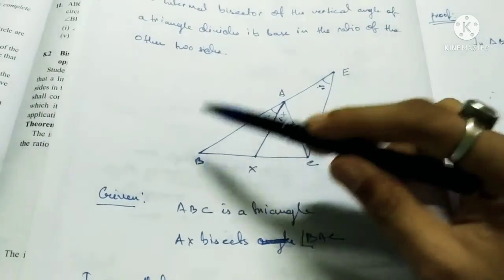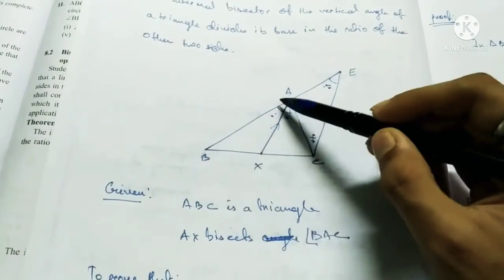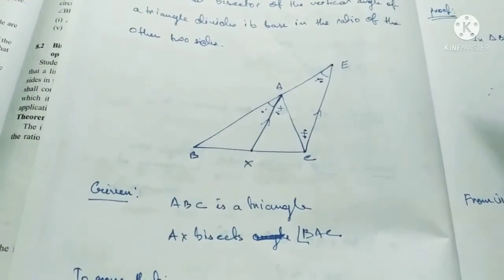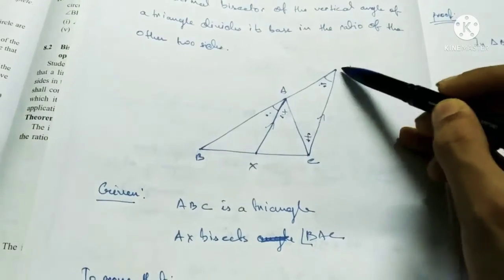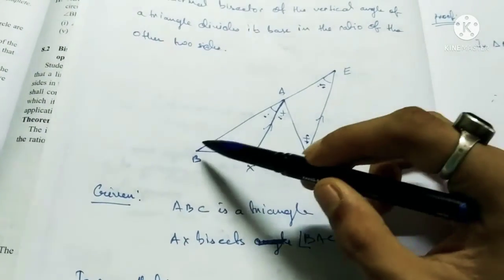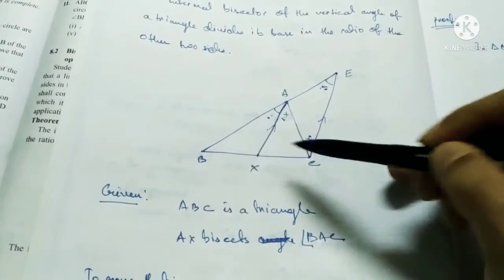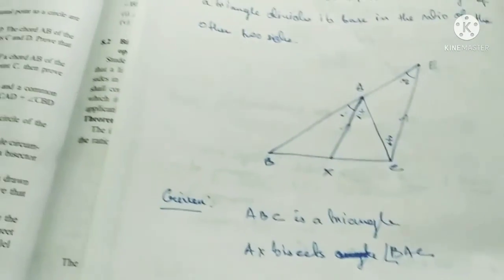Finished? Now in this whole triangle, AX is parallel to EC, so this by this equals this by this by basic proportionality theorem. Now AE is equal to AC, so instead of writing BA by AE I can write BA by AC is equal to BX by XC, and this is proved. That much only. In here again nothing there.